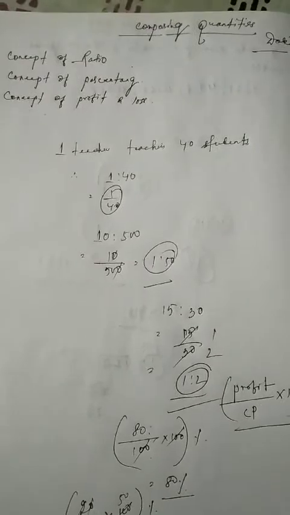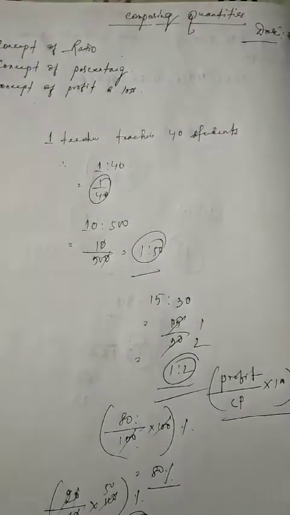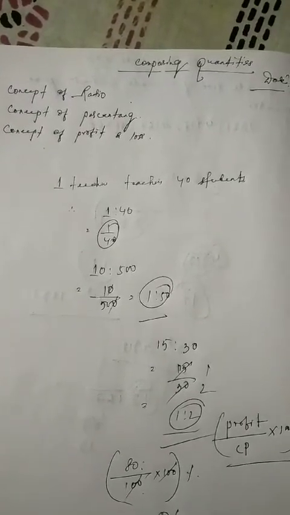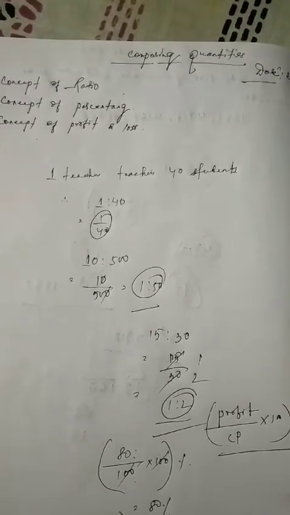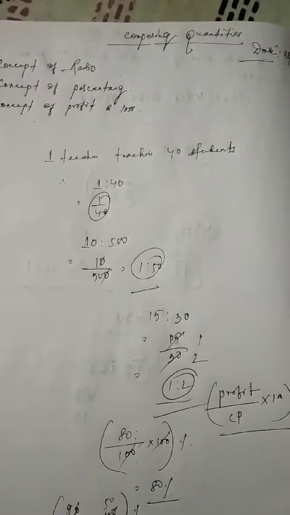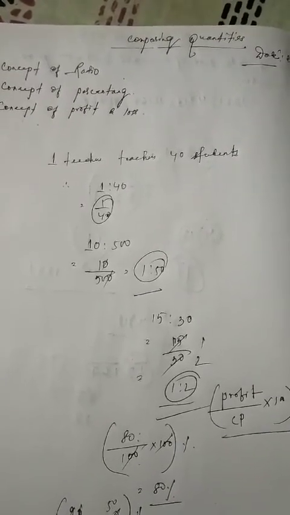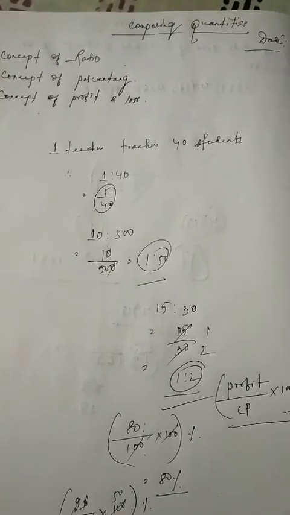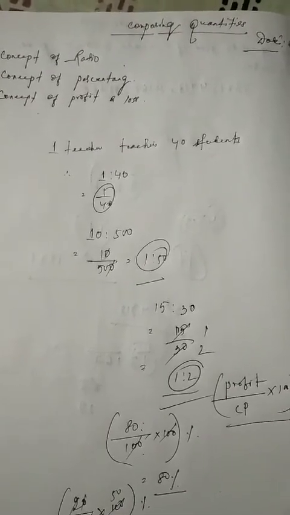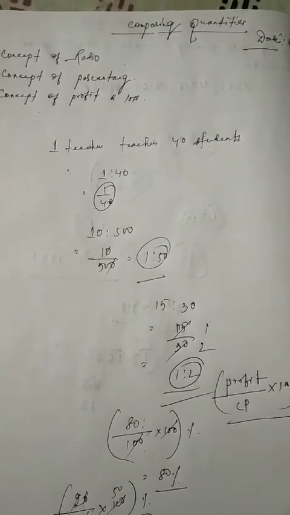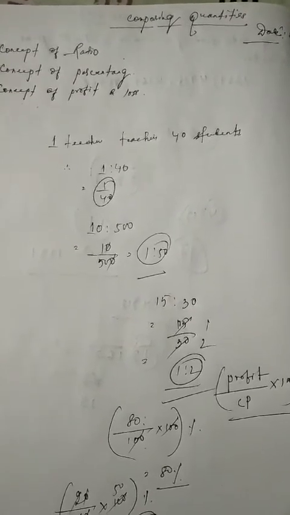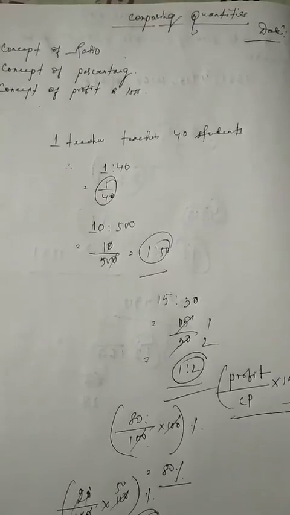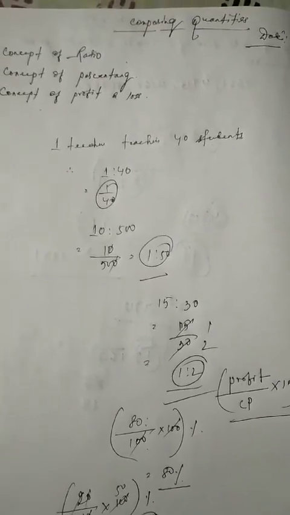So children, I believe that you understood a little bit about the concepts of ratio, percentage, and profit and loss. So till then children, thank you so much. I'll give you a note on exercise 8.1. First you watch this video carefully, try to understand, and in the next period I want you to go for completion of exercise 8.1. Till then, thank you children, thank you so much.